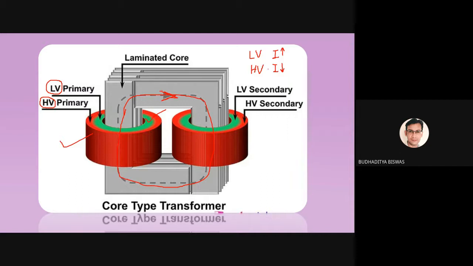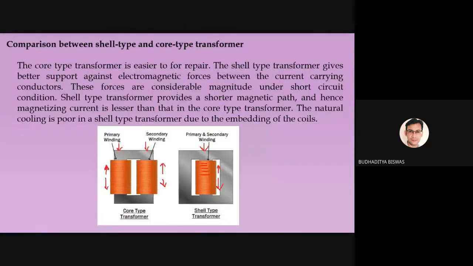Nowadays we have very good designs where this flux loss is negligible, but in the case of an ordinary, low cost transformer, these acceptable losses will be there, and in that type we always prefer the shell type transformer. Also, there is cooling, because after some time the transformer is heated up. For a high rated transformer, we need to provide some cooling system to cool down the winding. Natural cooling is very good for the type where the windings are placed on the outer side, but where the windings are placed on the inside of the transformer, natural cooling is less.